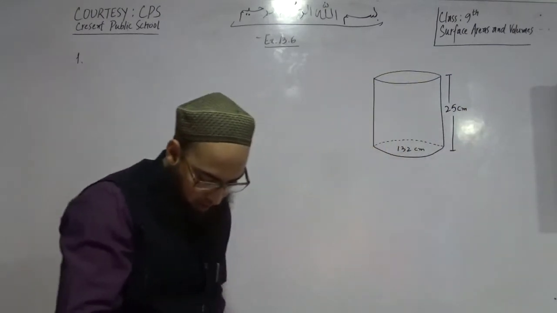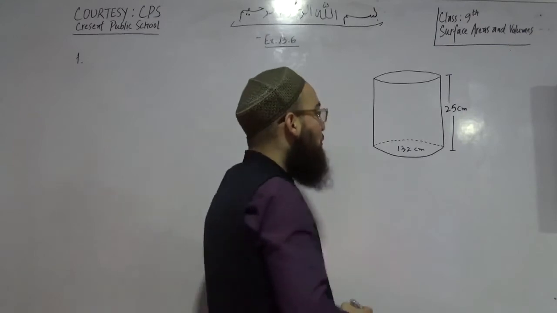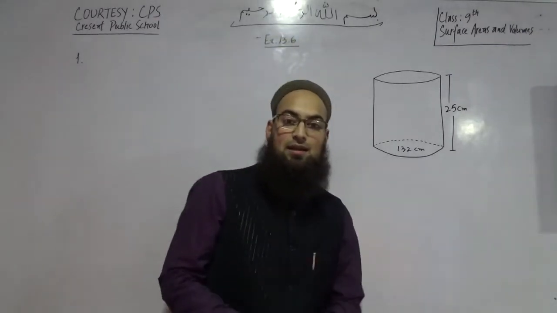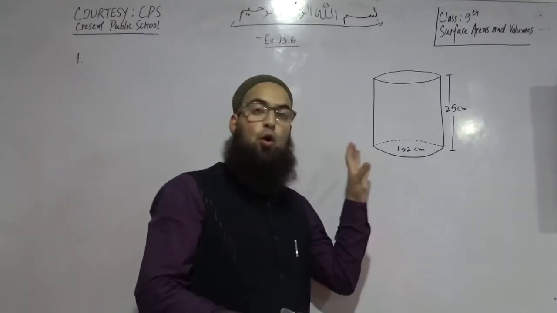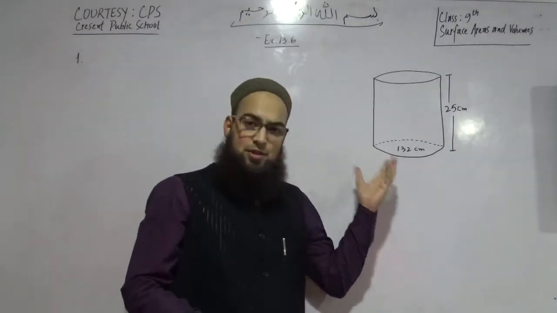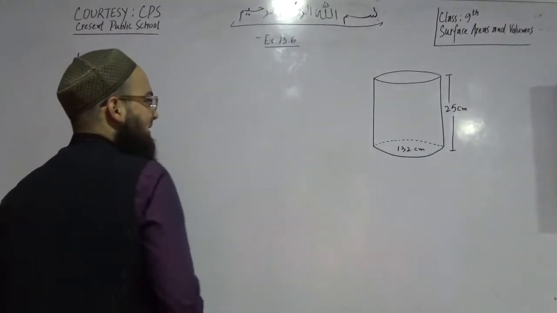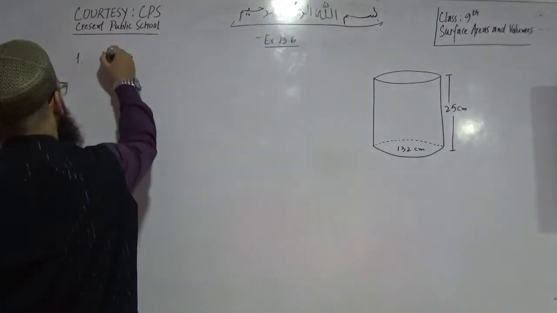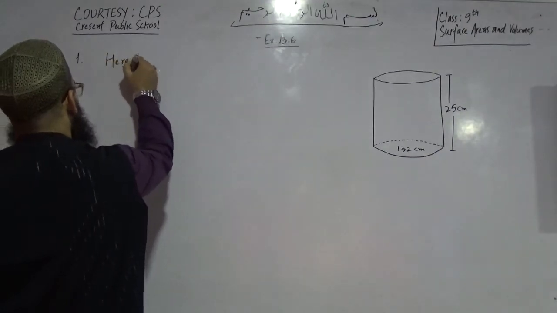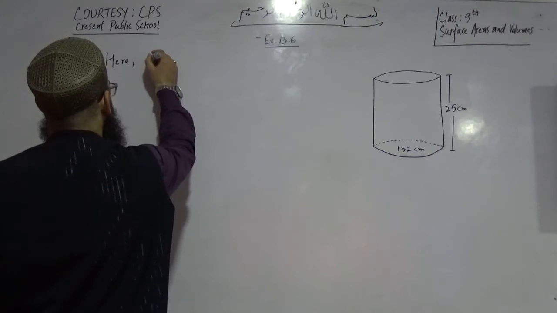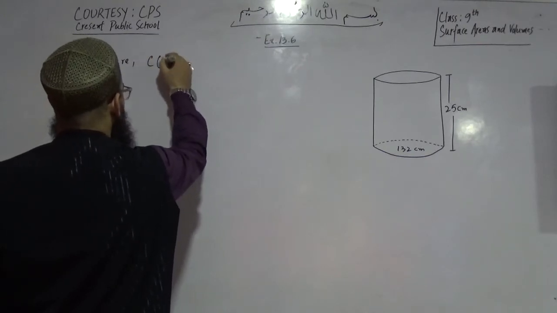How many liters of water can it hold? So you need to tell how many liters of water it can hold. That means you need to find the capacity, and that's the volume. So let us find the volume of this cylindrical vessel. Here, circumference of base